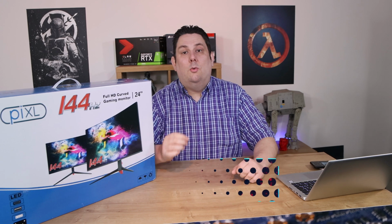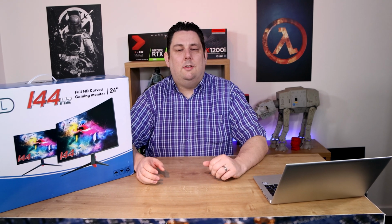Today we're looking at this from Pixl. It's a gaming monitor which is curved. It's got 144Hz refresh rate. It's also G-Sync compatible and it's got HDR. All that for